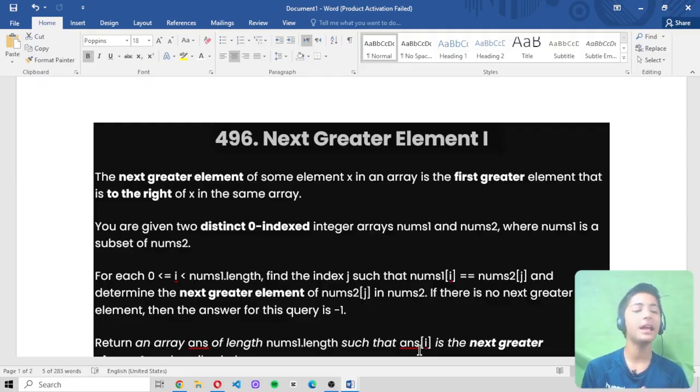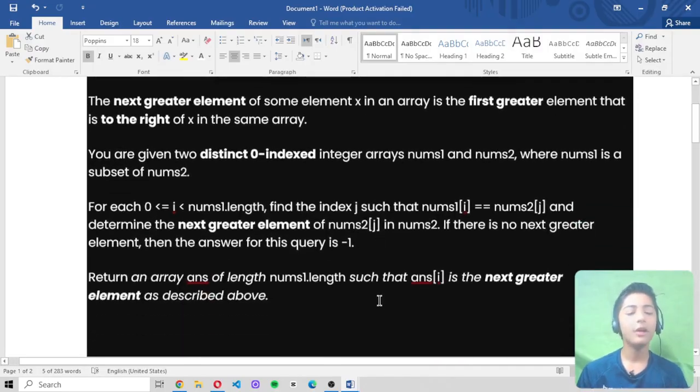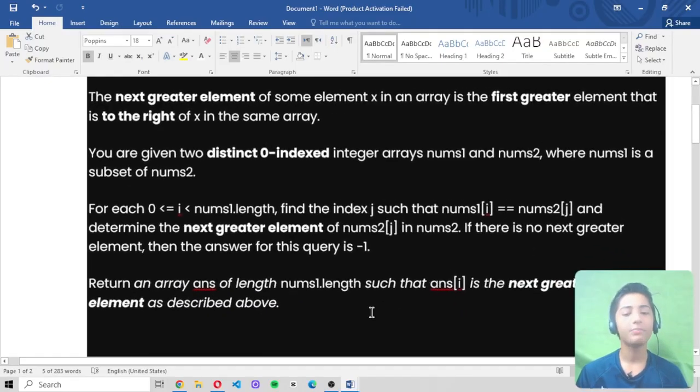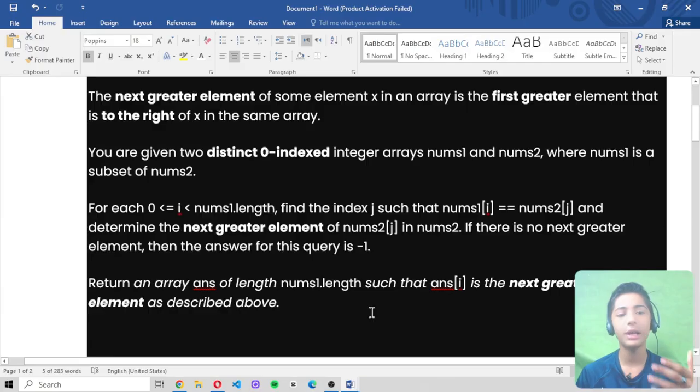The next greater element of some element x in an array is the first greater element that is to the right of x in the same array. Now it has given me two distinct 0-indexed integer arrays, one named nums1 and the second named nums2, where nums1 is a subset of nums2.